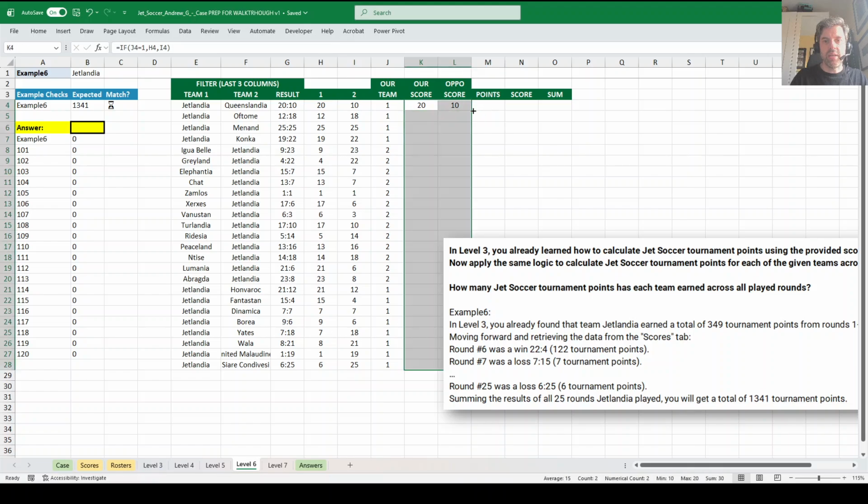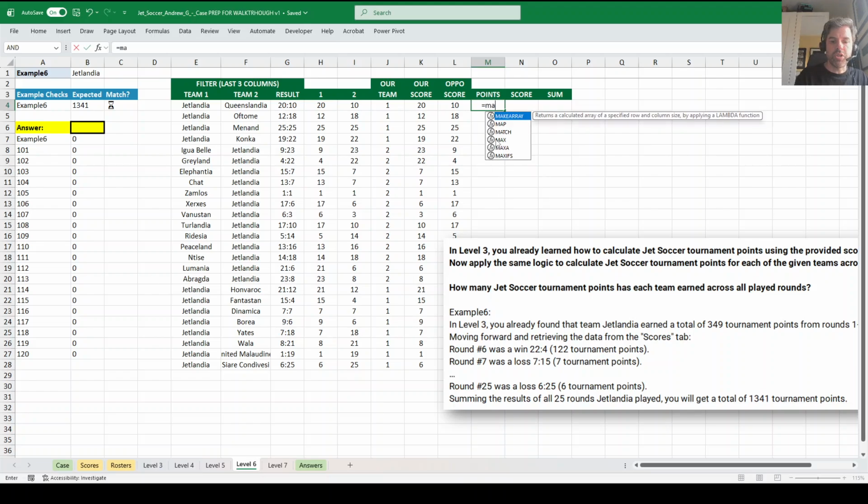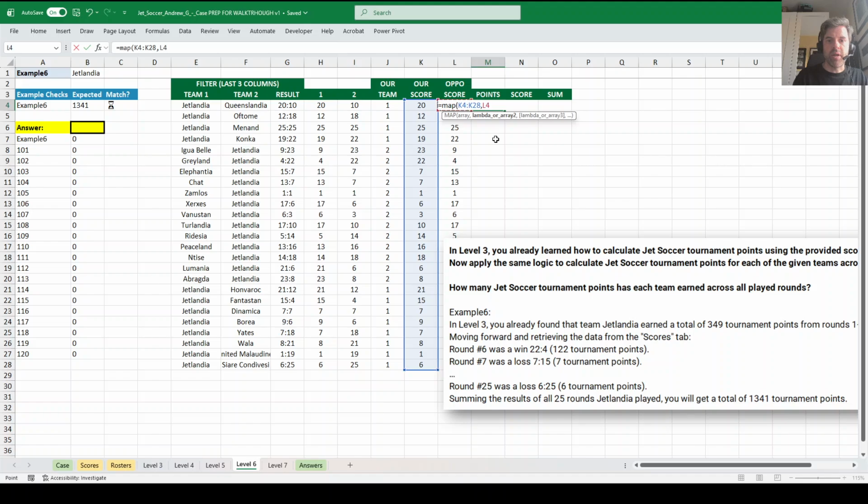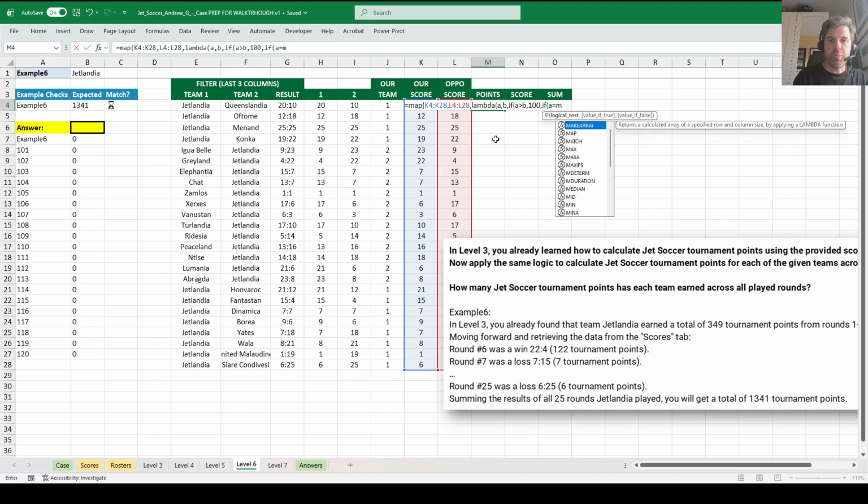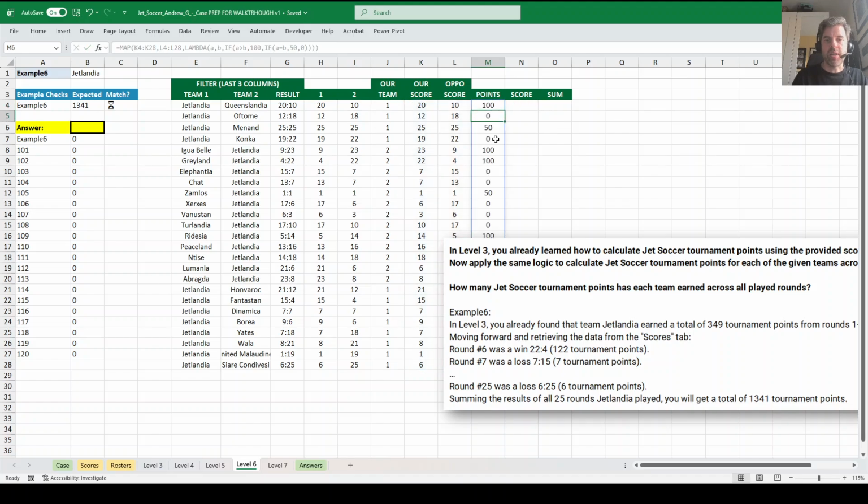And now we can apply our score logic. So we'll map over this array and this array, and we'll go LAMBDA A, B. If A is greater than B, 100. If A equals B, then 50, otherwise 0. Close off our brackets, and then our score is going to be the points plus how many goals we scored, and then our sum is just going to sum those last two arrays, which in this case gives us 2391,